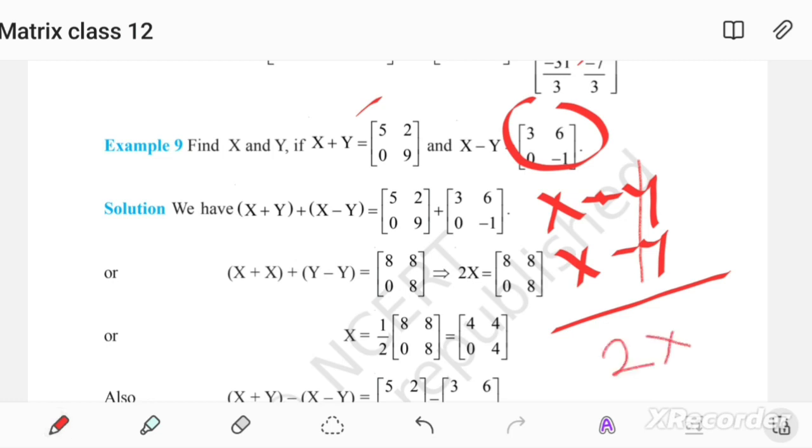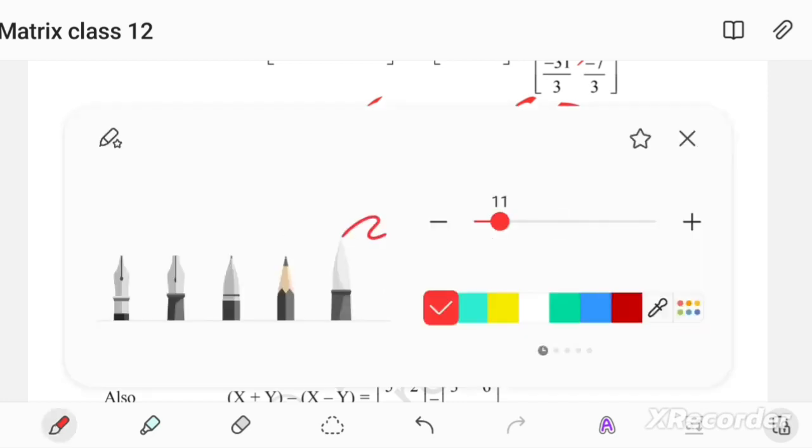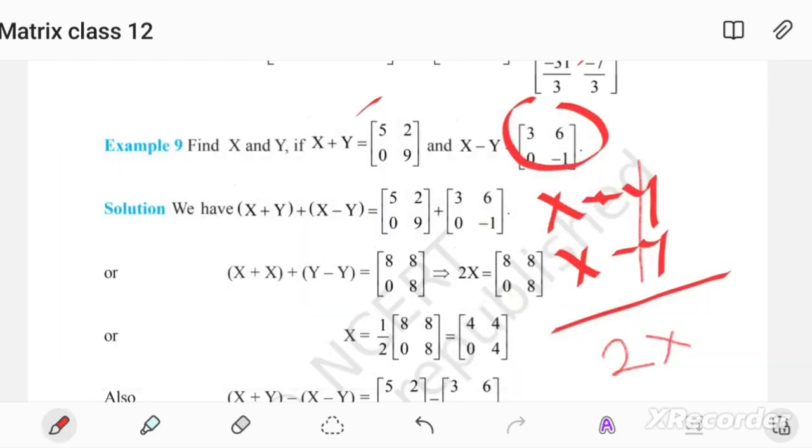Now you will be thinking that why we are doing this elimination, which is quite similar to the equations of real numbers. Actually, we are not doing elimination. I am trying to explain it to you via elimination, but actually the elimination is not going to happen here. It is simply the subtraction that is taking place here. As you know, subtraction is one of the operations that we can do in the matrices. So this is one of the operations that we are doing right now. When we add these two matrices, basically the two y matrices get subtracted by itself. I hope it is clear to you.